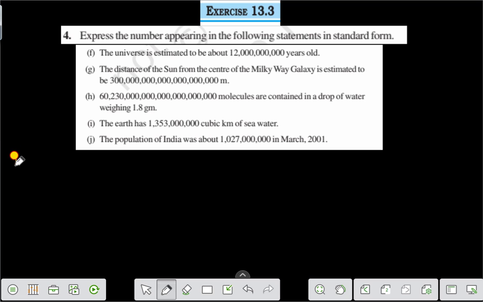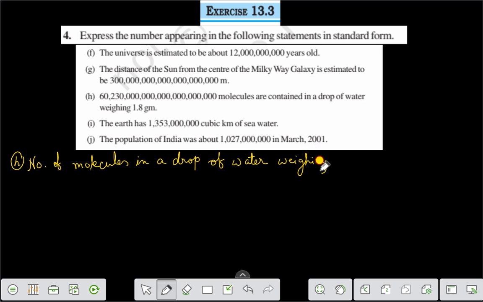Question number H can be written as number of molecules in a drop of water weighing 1.8 gram is equal to